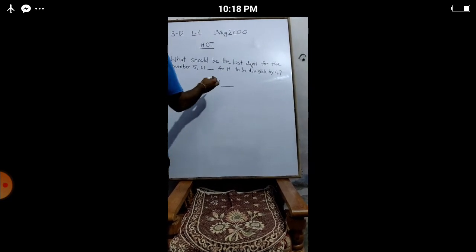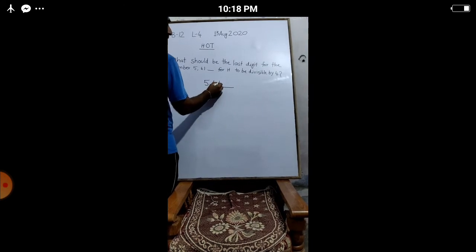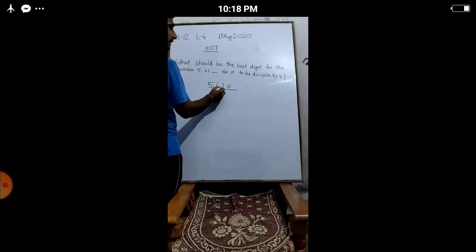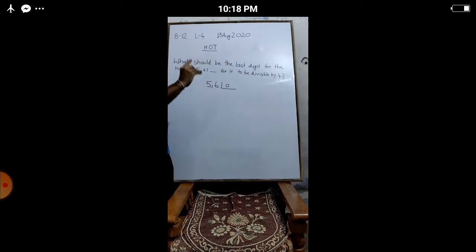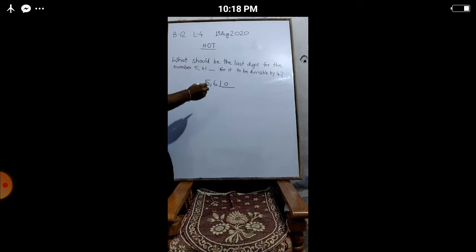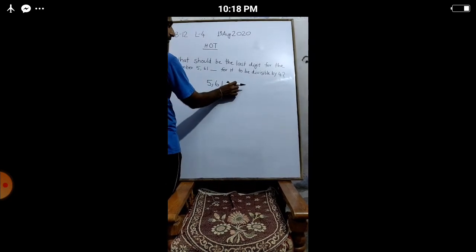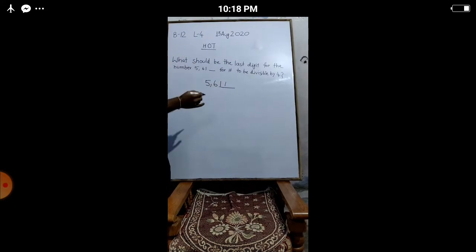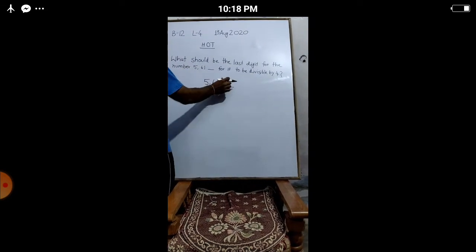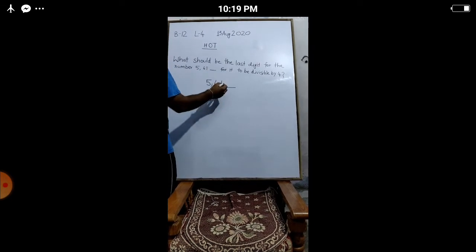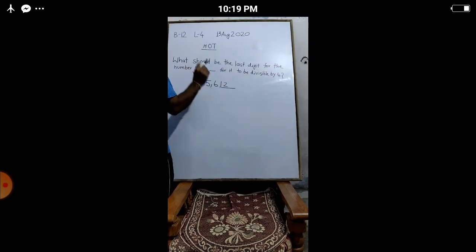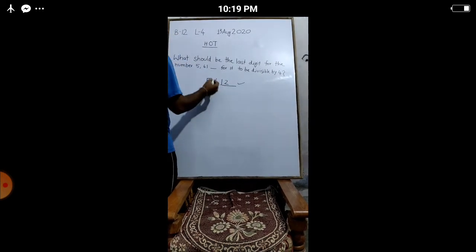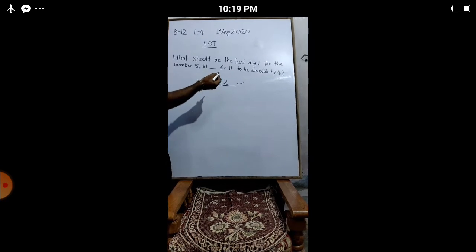So children, first I am going to write 0. We will start from 0. It is 10. Is 10 divisible by 4? No. Now I write 1 after 1, so it is 11. Is 11 divisible by 4? No. Now 2 after 1, so it is 12. Is 12 divisible by 4? 4 threes are 12. Yes. 5612 is divisible by 4.